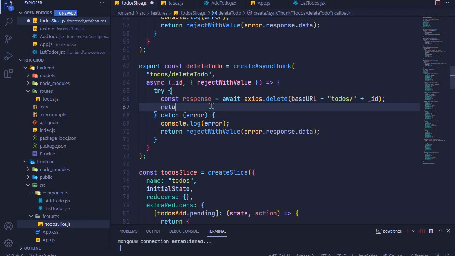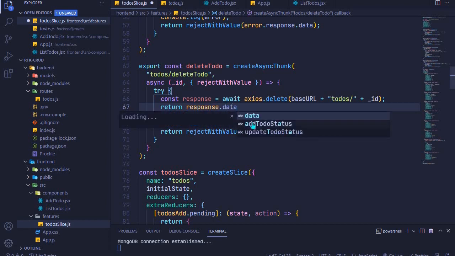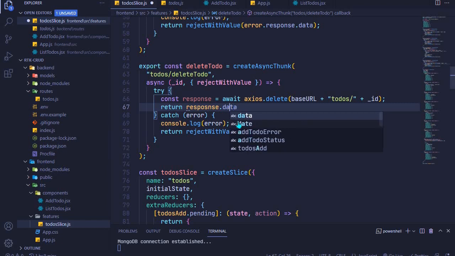response.data right here. Okay, dot data. I'm so bad at spelling this. I think that is correct. So I will save that,